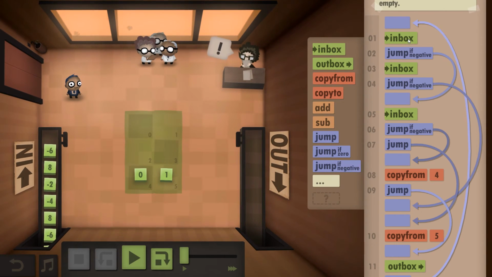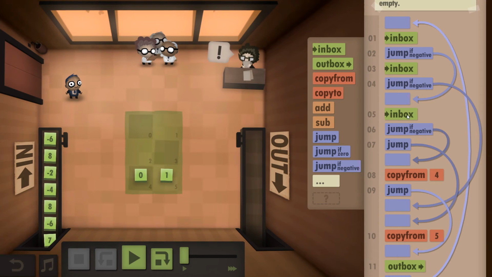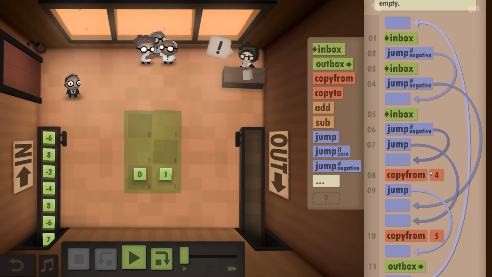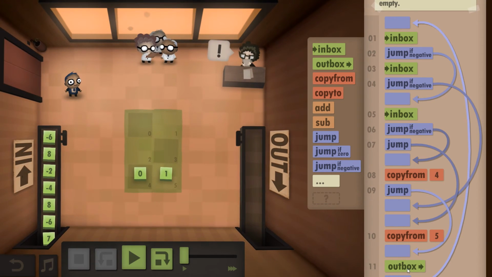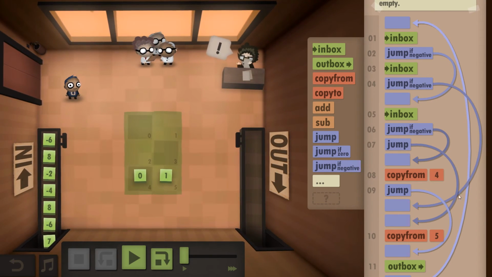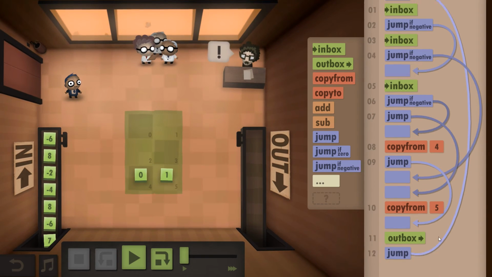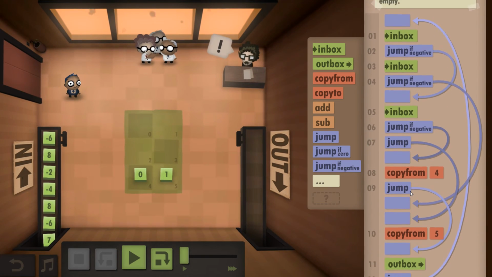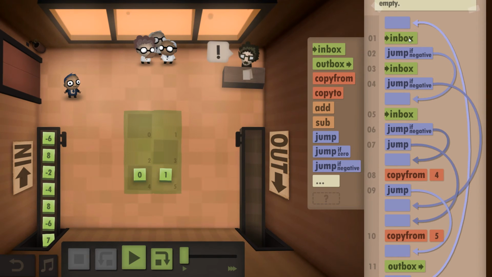What did I miss? I go to the inbox. If it's negative, I go here. I go to the inbox again. If it's negative, I copy the 0 and jump to the outbox. If it's negative, I go here. I go to the inbox. If it's not negative, I go here. I copy the 1. I go to the outbox. If it's positive,